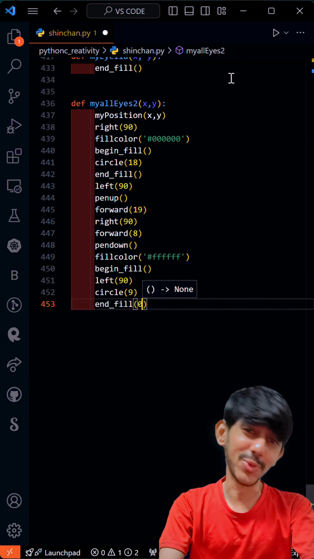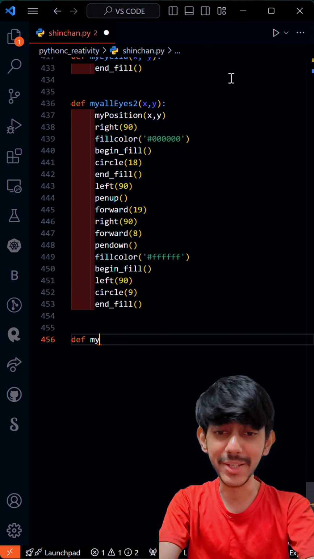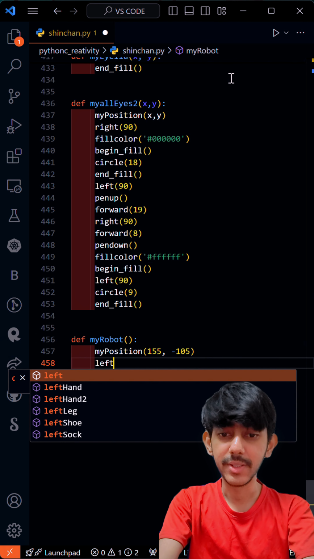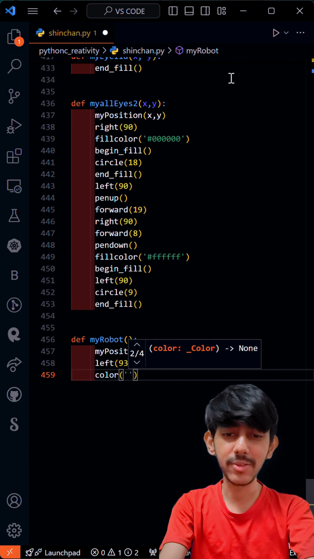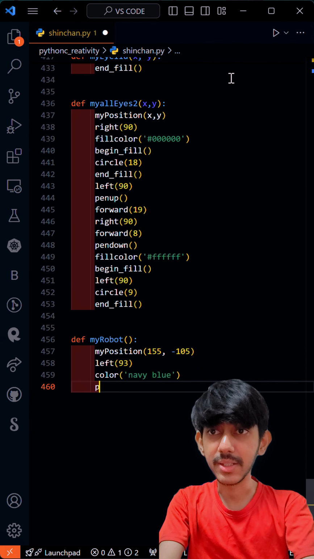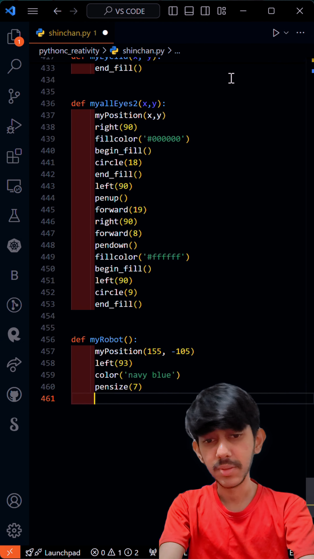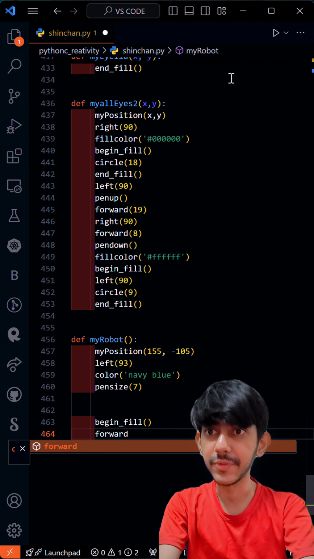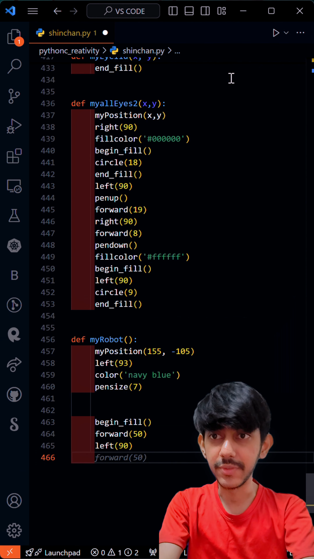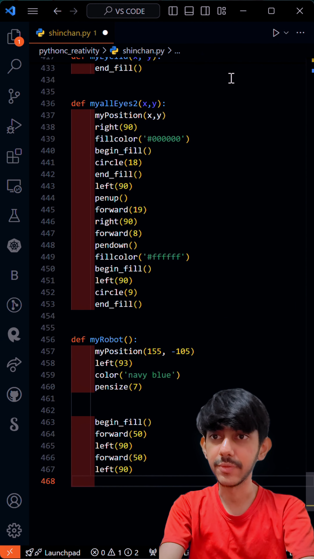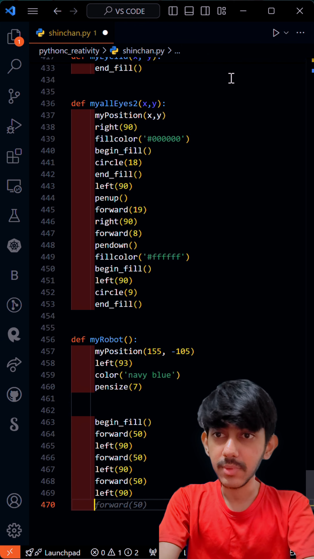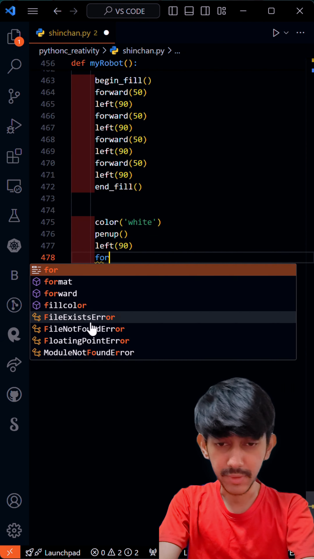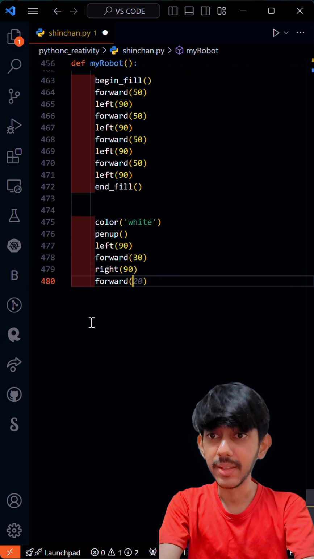So here I want to include a small robot. For that I'm defining a function called my robot, and position should be 155, 105, and I'm taking its color as blue, or you can say navy blue, and the pen size should be 7. Now begin the fill function, forward 80, left taking 90, forward 60, left taking 90, forward 15, left 90, then end fill. Now color is taking white, then left 90, forward 30, right here taking 90, forward here